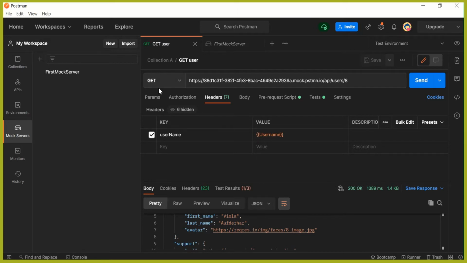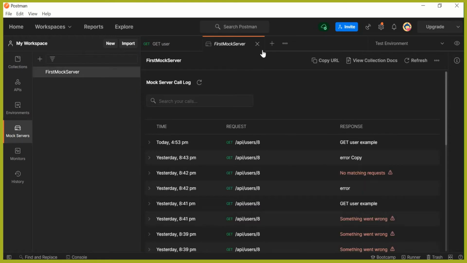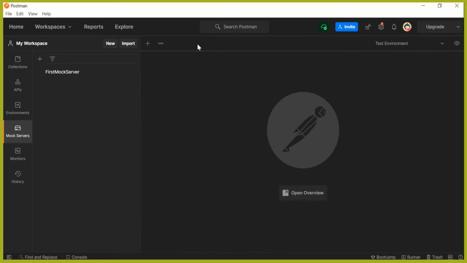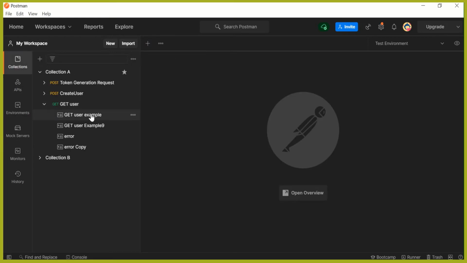Now what we are going to do is retrieve a response on the basis of response ID. Before we see that, there are a few things you would need to know. So let me close the unwanted windows over here and go to the collection. You can see this collection has 3 requests, and under every request there are some examples stored.